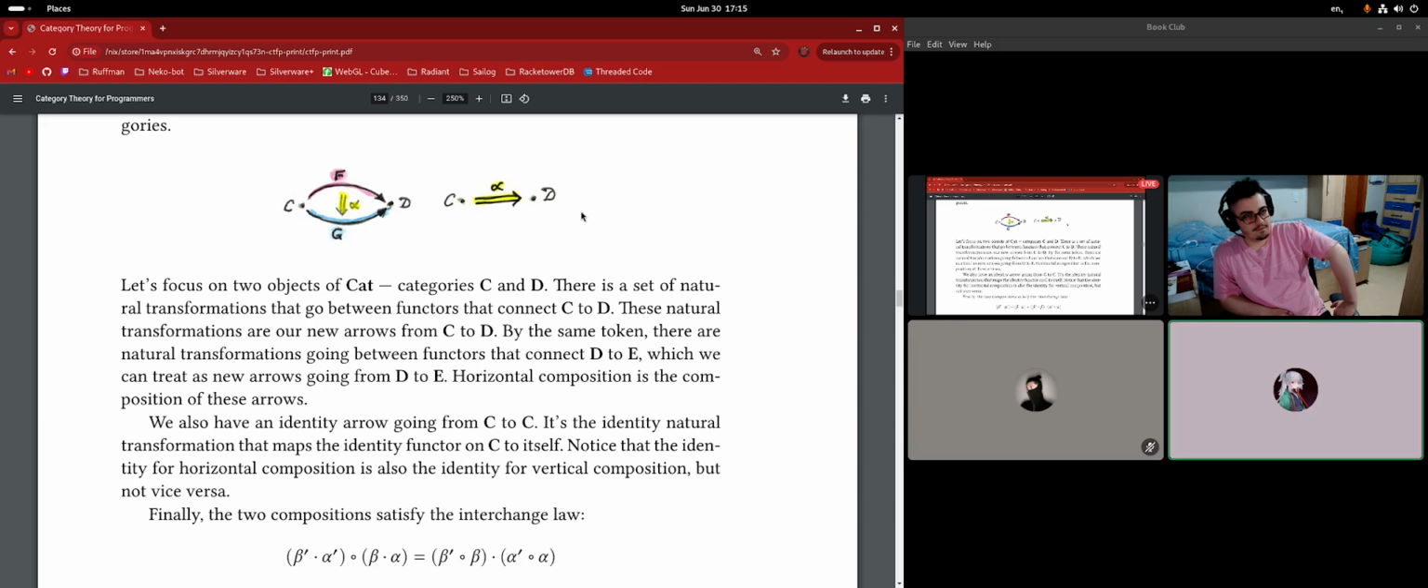So we have an identity arrow from C to C. It's the natural transformation that maps the identity functor on C to itself. Okay, so let's start with the identity functor, okay? Because that's the object of the morphism, which is the natural transformation, right? So an identity functor,